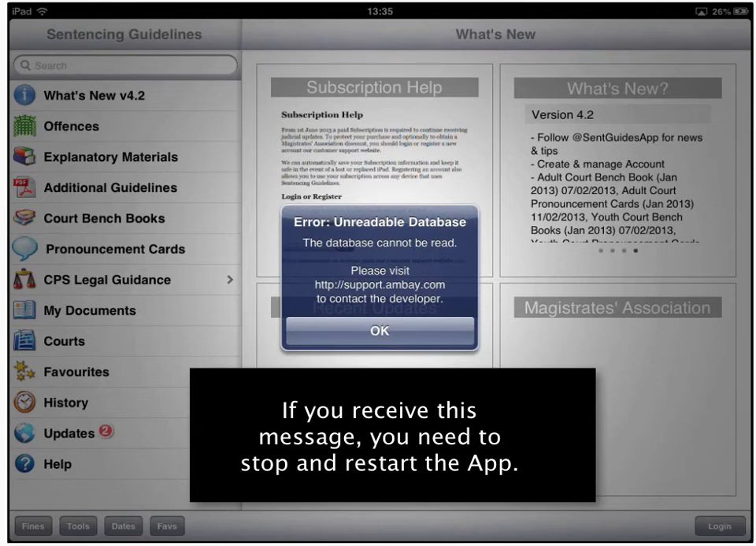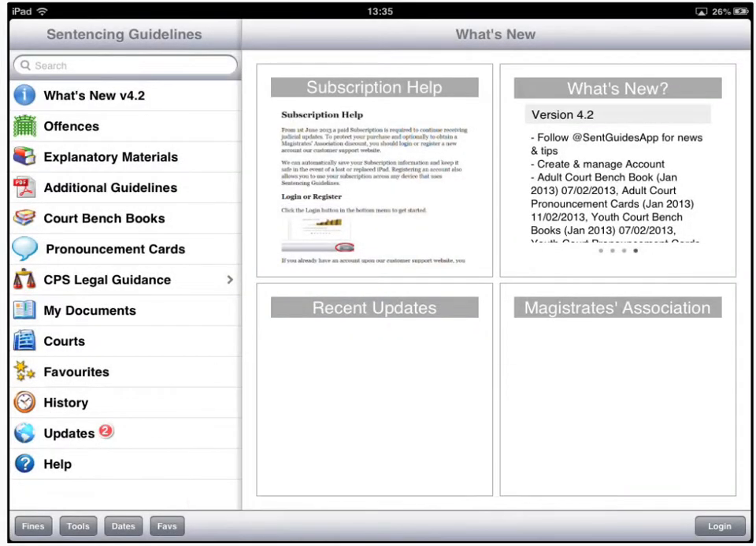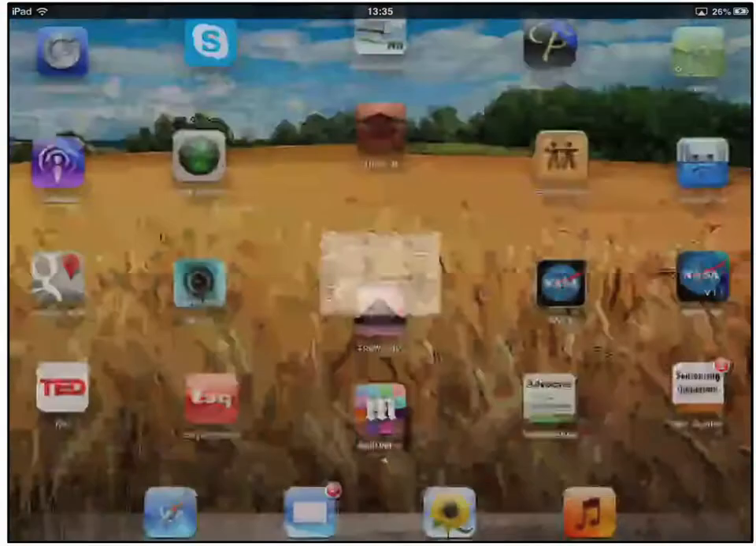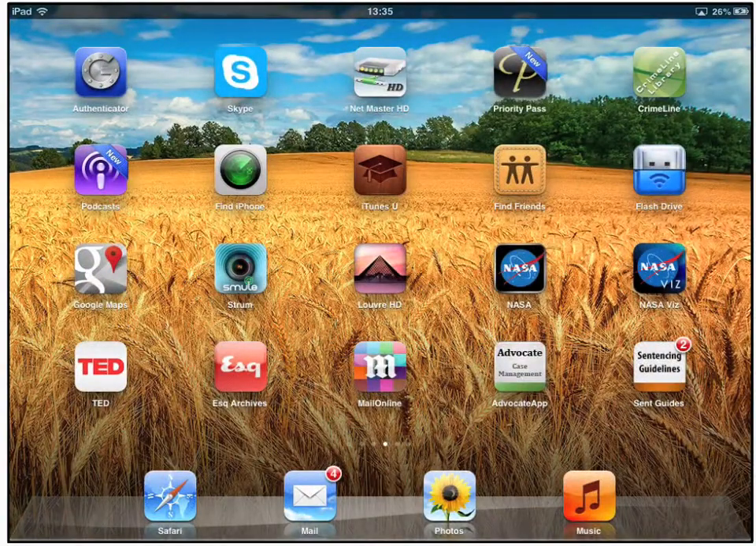Following an upgrade to Sentencing Guidelines version 4.2, some users may report an unreadable database. That's simply because a different database has been deployed with the new release. To get around this problem, we first need to close Sentencing Guidelines,